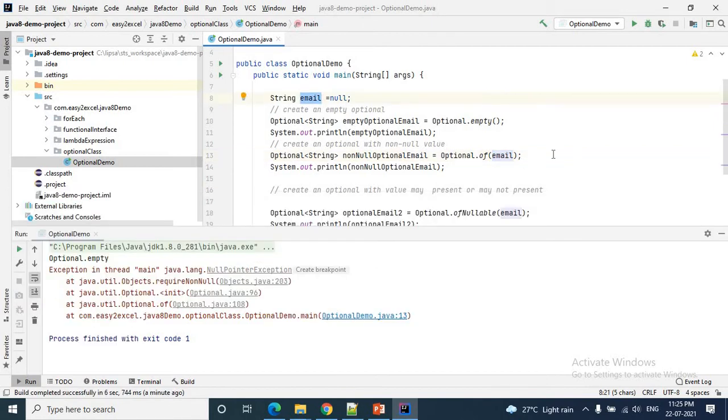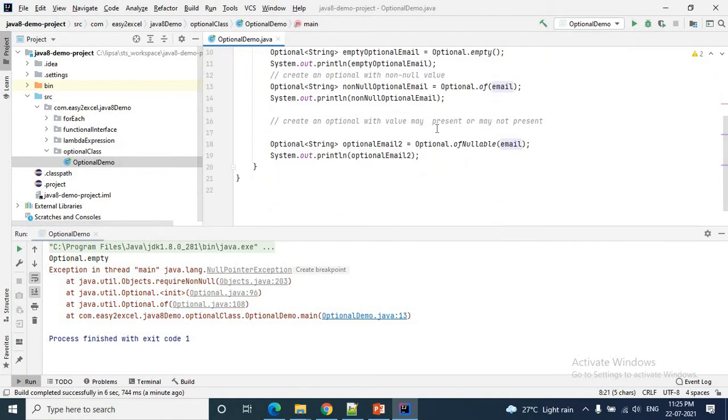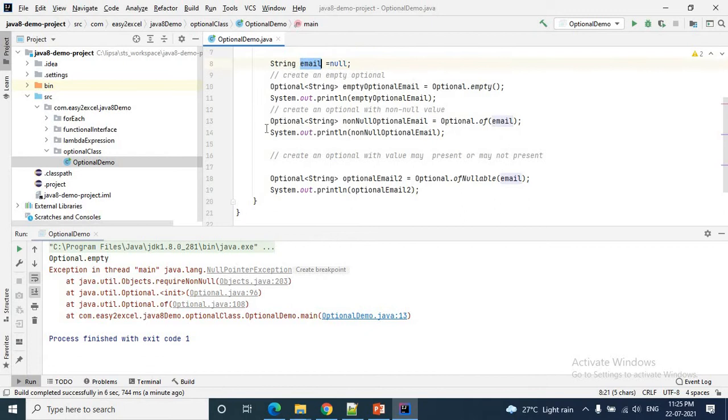When you are not sure that the value is present or not, then don't go for this of method. If you are sure that the value is present, then go for this of method to create the optional object. So if you are not sure whether the value is present or not, then you can go for this ofNullable method.